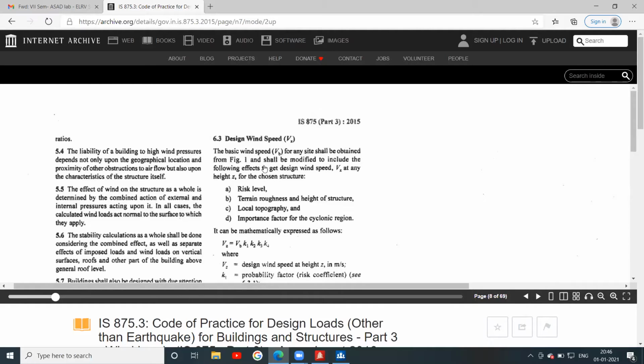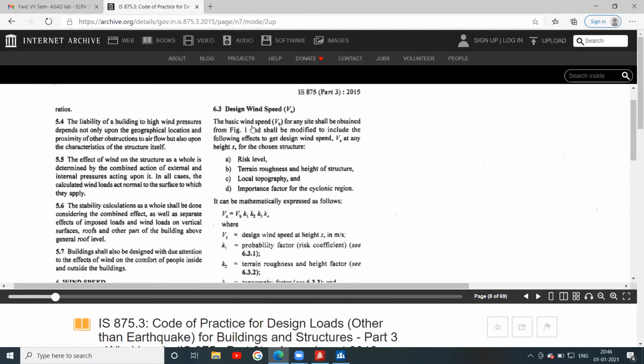The basic wind speed Vb for any site shall be obtained from figure 1, and shall be modified to include the following effects to get design wind speed Vz at any height h for the chosen structure. Different factors you have to consider: risk level, terrain roughness and height of structure, local topography, importance factor for cyclonic region.